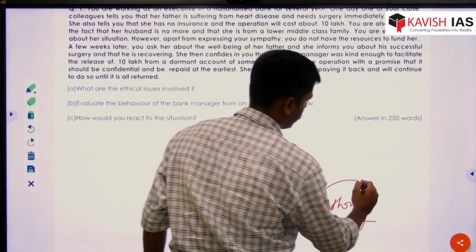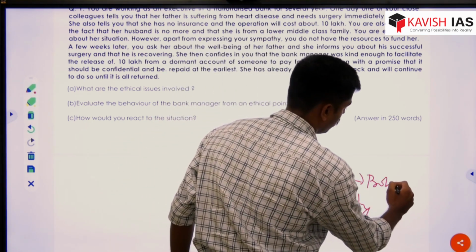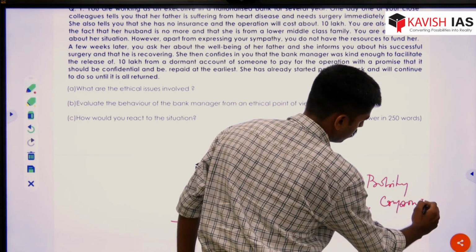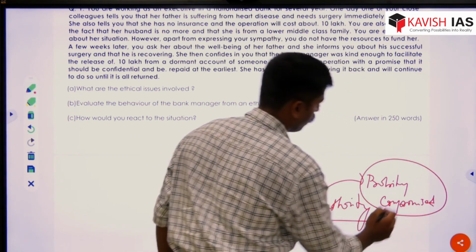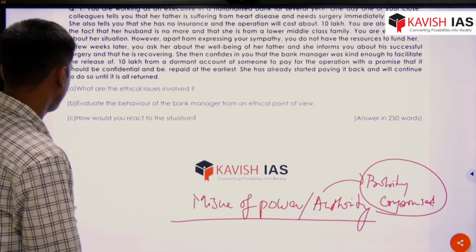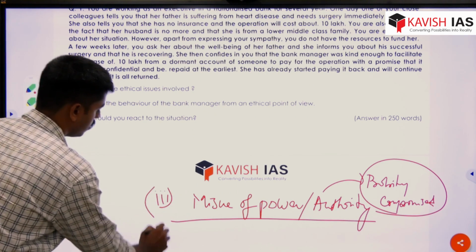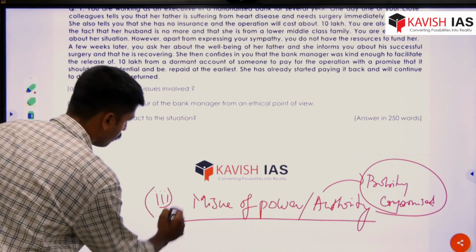In this you can explain how probity got compromised while doing his job. Okay, so this is the third ethical issue. The fourth,